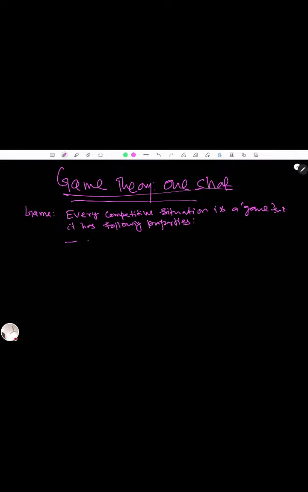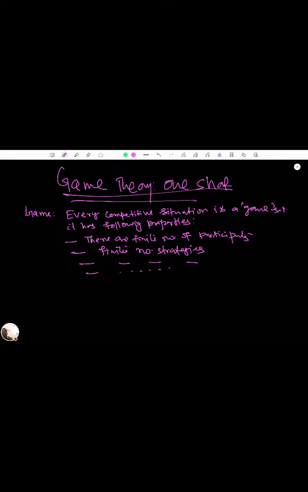So that means there are a finite number of participants. Each participant has a finite number of strategies, right? And when each player adopts a strategy, then the game is played. Accordingly, the other properties you should see. Now coming to the definition of